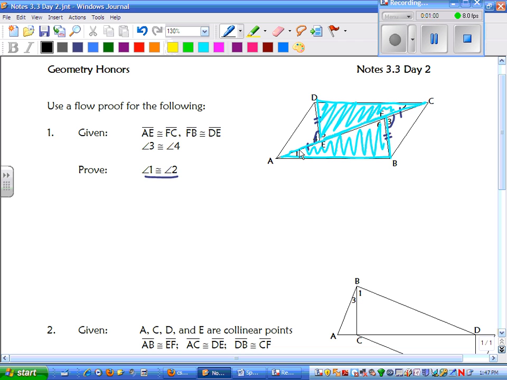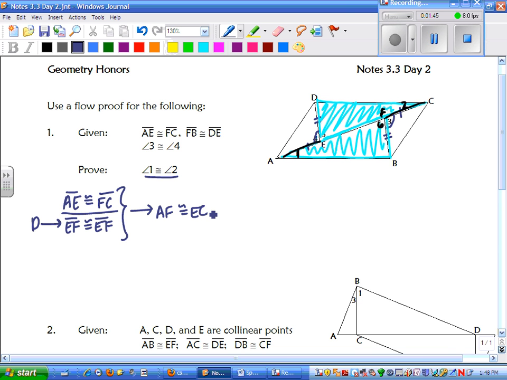Okay, again, here's angle 1 in the corner, and here's angle 2 in this corner. This is an F, here's my angle 6. So right now I have AE is congruent to FC. Well, that's not an entire side of the triangle I want to prove. It's part of it. The other side I could add to it would be EF. So I'm going to say AE is congruent to FC. That's a given. And from the diagram, we can go ahead and pull that EF is congruent to itself. If I use addition and add those together, I can get the whole segment, which is AF and EC. Okay, that's my first side,